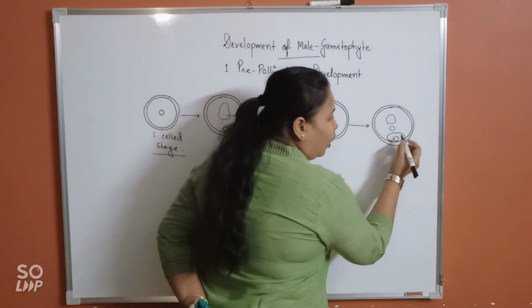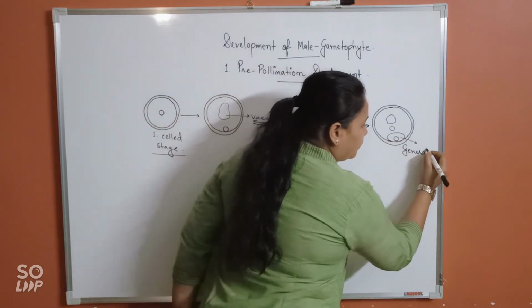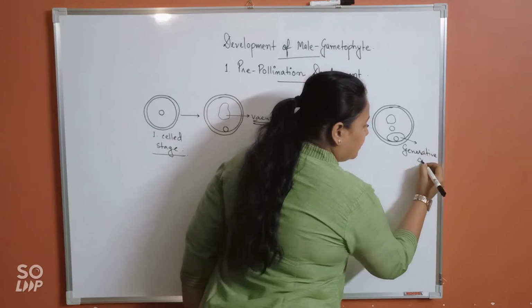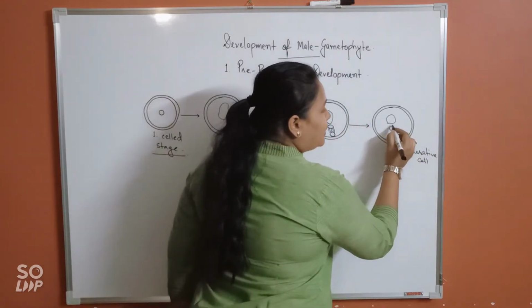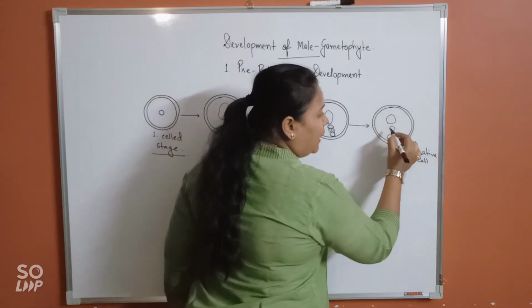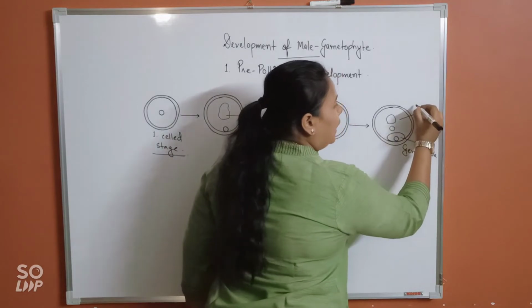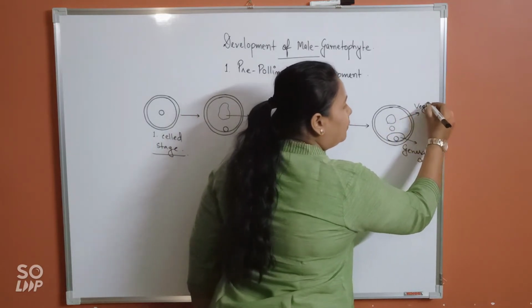This one, the smaller one, is called the generative cell. Alright, and this nucleus is going to be present in the large mass of the protoplasm, giving rise to a larger cell. We call it vegetative